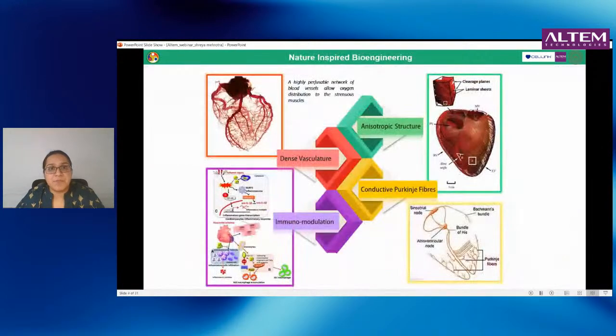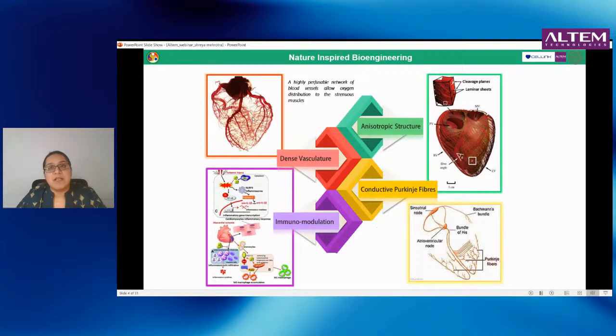So with this, we understand that there is an immense need for developing cardiac tissues, but in order to engineer the cardiac tissue, we need to understand that there are four stringent requirements that need to be met. Now, in order to bioprint or fabricate human tissues, they need to be nature inspired. The meaning of nature inspired is that they need to derive their design or fabrication cues from the native tissue. Here, the four stringent requirements I just mentioned include: first, the anisotropic structure,